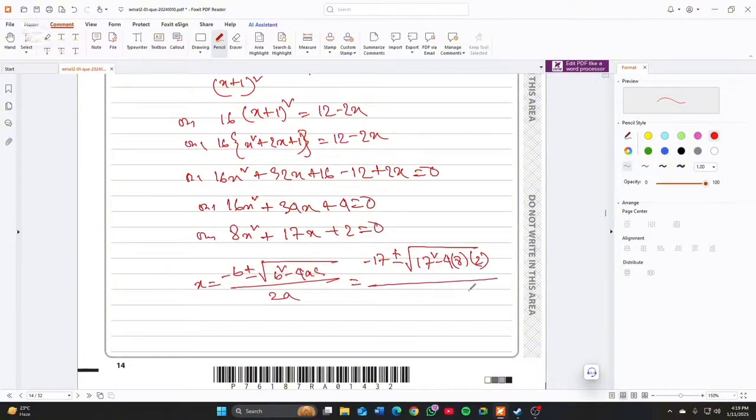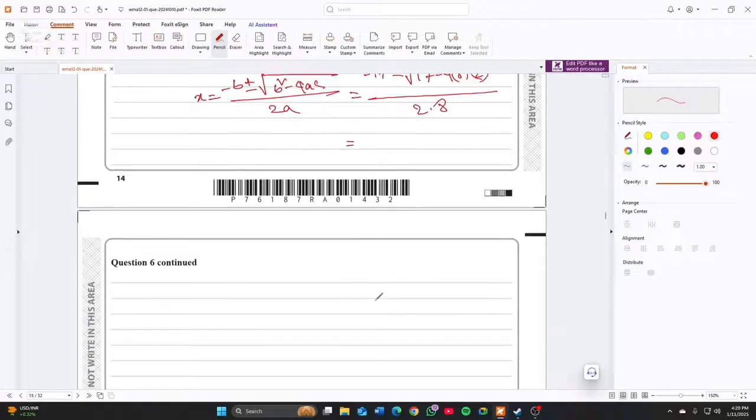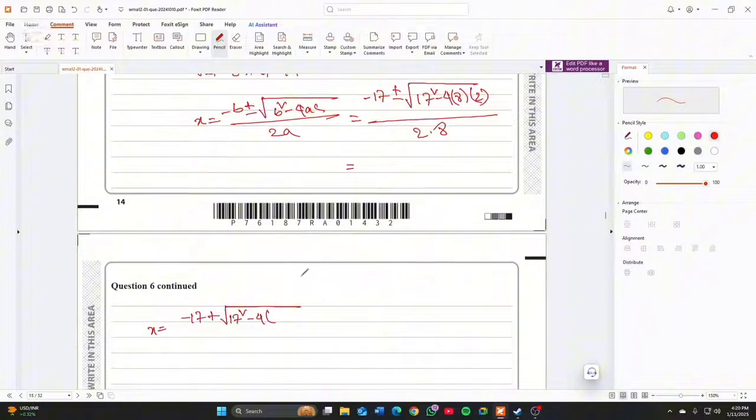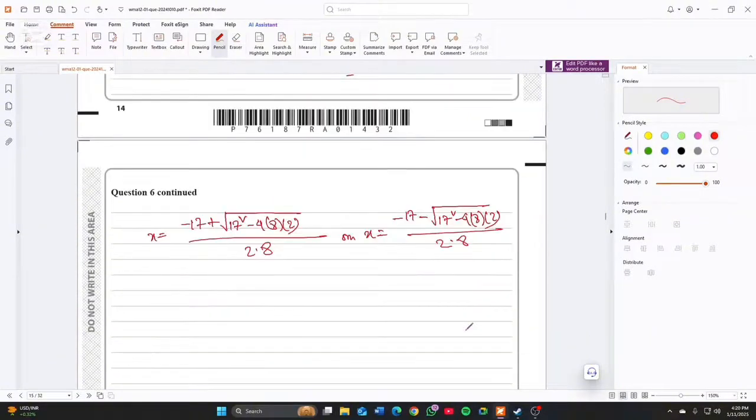Okay, so this is 2 divided by 2 times 8, and this will give us the value. Solving this into 4, so we take, okay, let me write it again. So x will be equal to either minus 17 plus root over 17 square minus 4 times 8 times 2 divided by 2 times 8, or x will be equal to minus 17 minus root over 17 square minus 4 into 8 into 2 divided by 2 into 8,